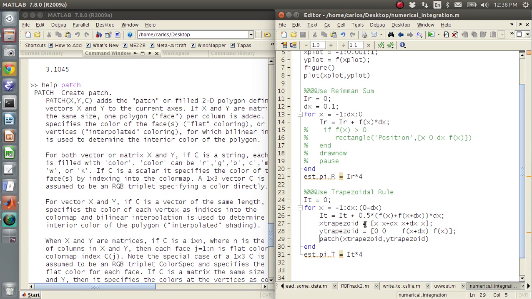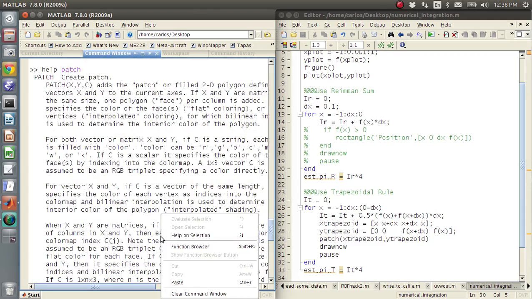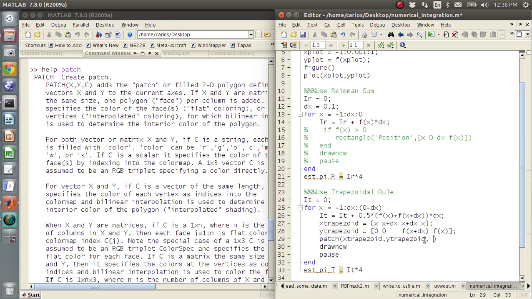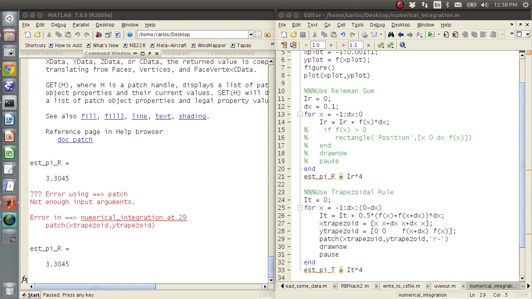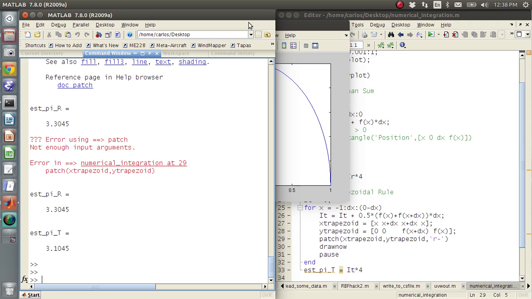And I think if we throw in a pause and a draw now, what we should be able to do is see a, let's see, not enough input arguments. Let's see, what was the other input argument? C. Oh, do I need a color? So I guess we'll do red. Is that okay? That work? Yeah, that works. Okay, so there's my first trapezoid, there's my second trapezoid, and I just keep adding trapezoids as I go,